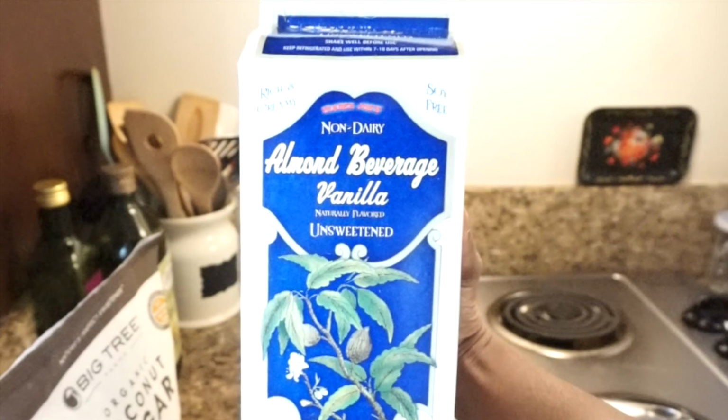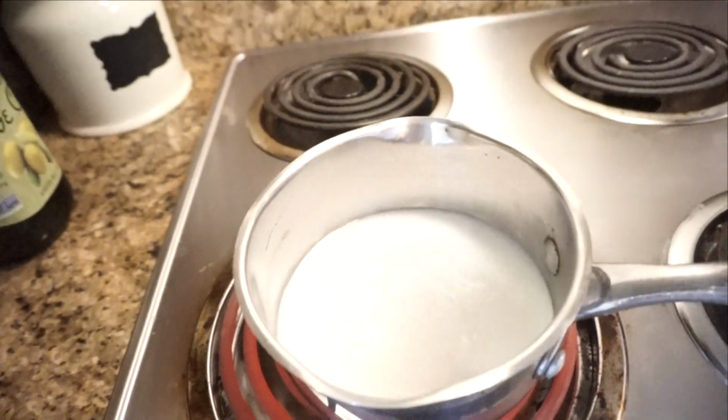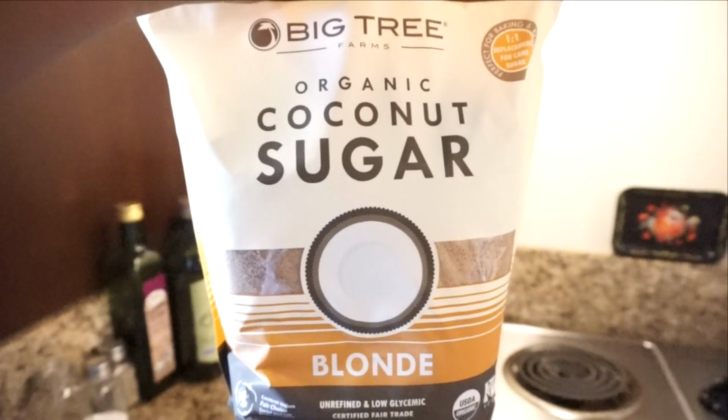So for breakfast, I have oatmeal. I love oatmeal. I eat it all the time, and I'm just going to add a little bit of almond milk as well as some organic cinnamon. I only use this cinnamon. I love the cinnamon. Some coconut sugar